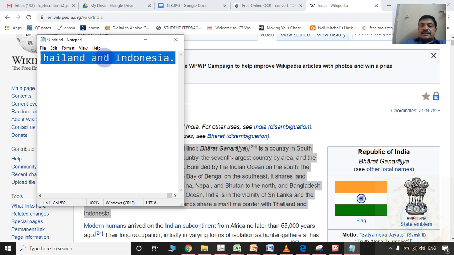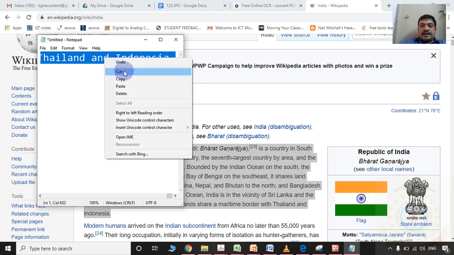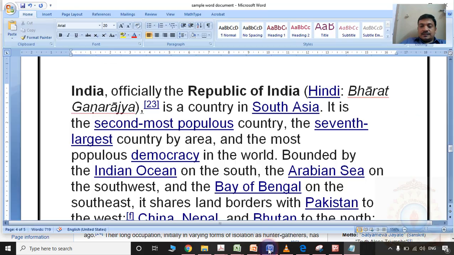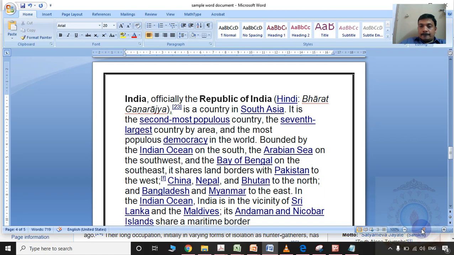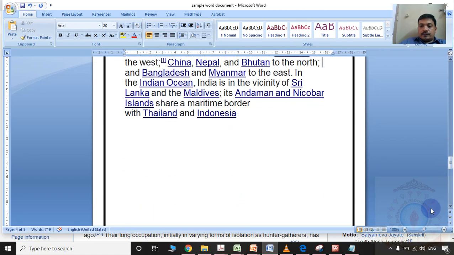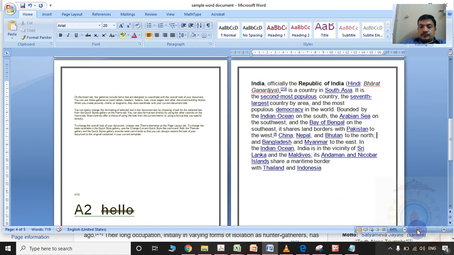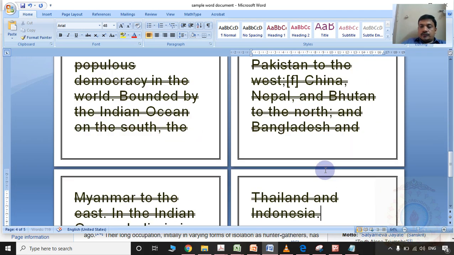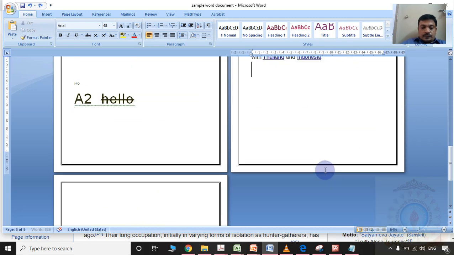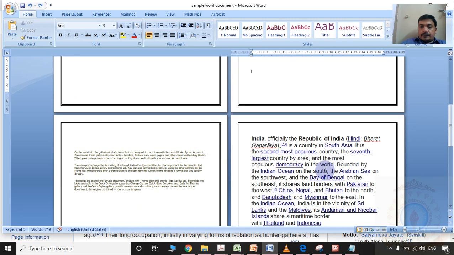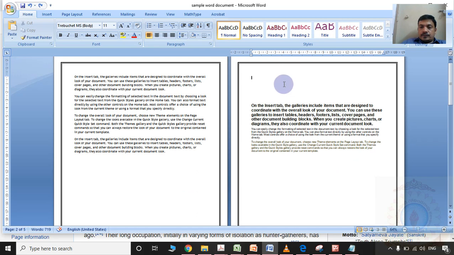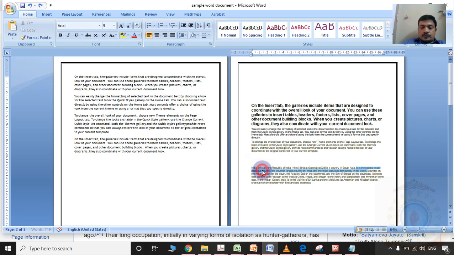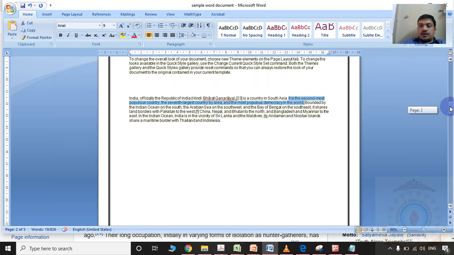Then select the total content from the Notepad and copy it into the MS Word document.